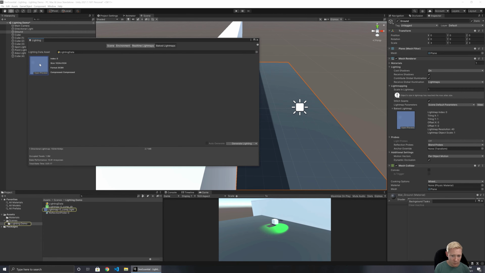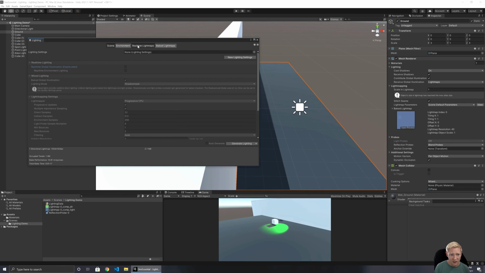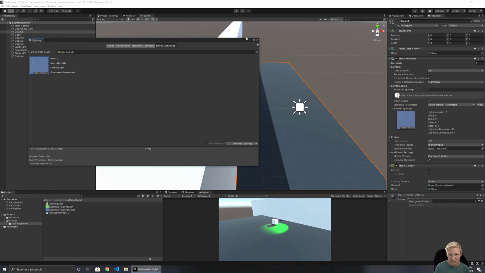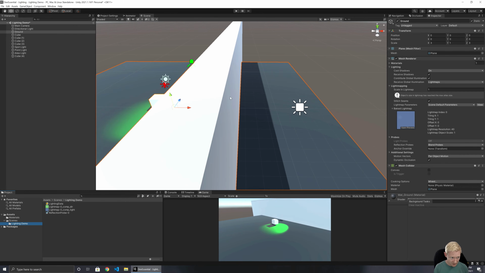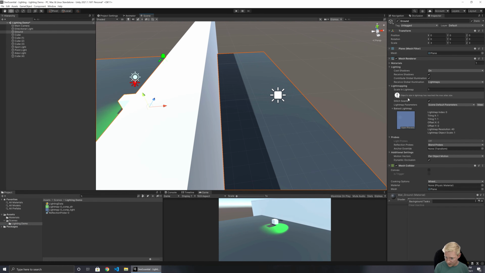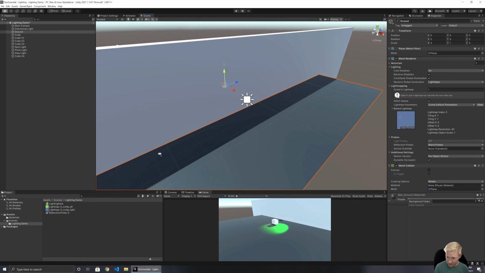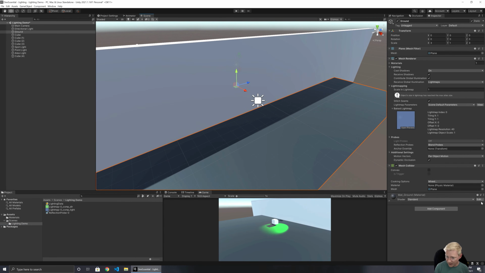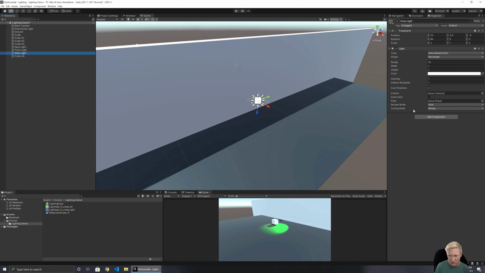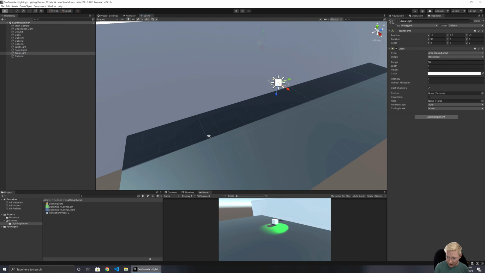We can actually inspect our baked light map. The data for these gets generated alongside, so we can see that. If we need to, we can view the different things that are being affected. So we can see the baked light map. This is the one that's controlling it. And that gives us that data there, but we're not seeing our area light in there. We configured it. You can see that it should be applying to everything, but we're not actually getting any light